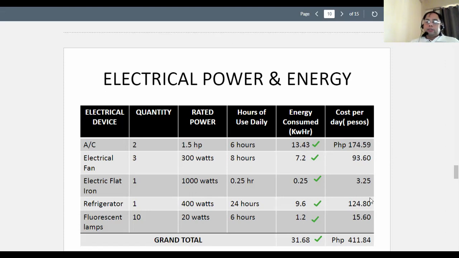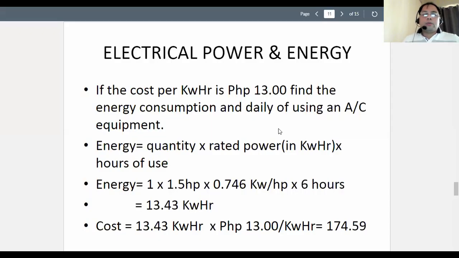Again the cost here, we will check the costs. What we assume is that the cost per kilowatt hour is 13 pesos. And the way we calculate energy is the number of equipments, or quantity, times the rated power, like 1,000 watts, and then multiply it with the number of hours of use. But of course, we have to convert the power rating to kilowatts